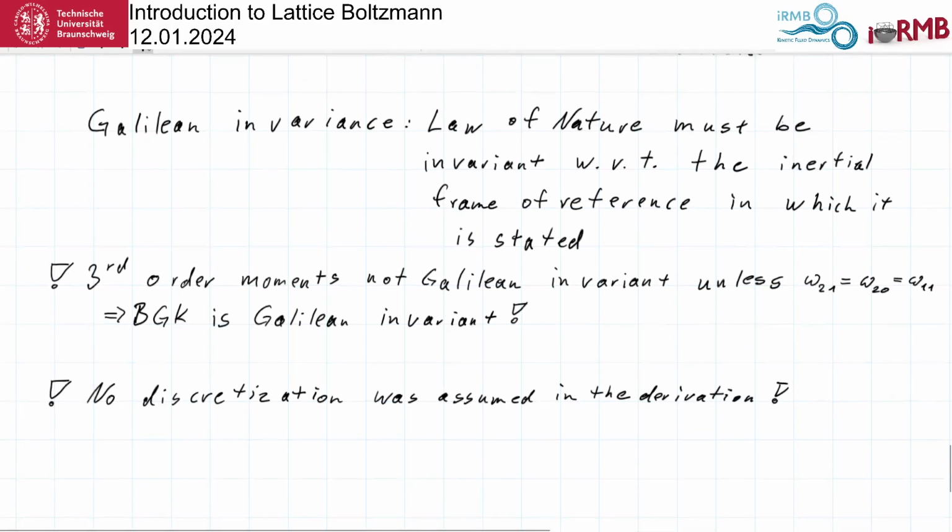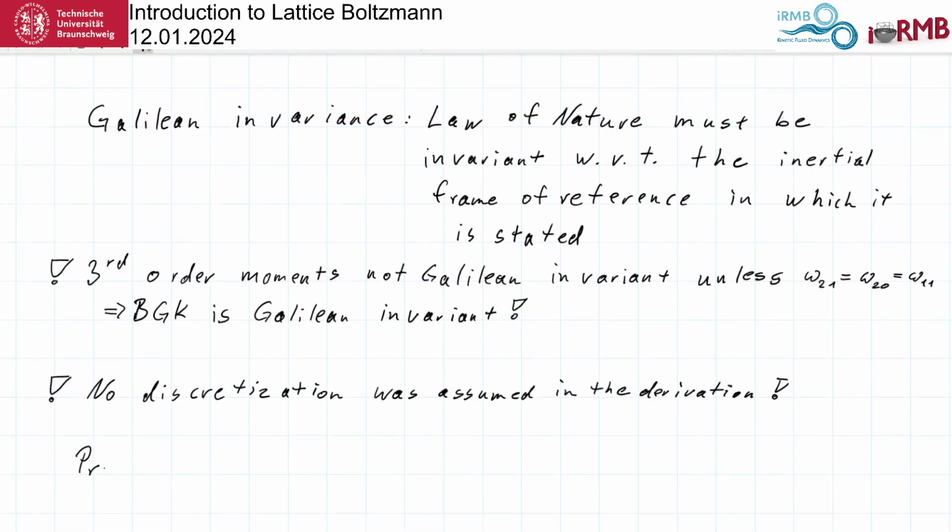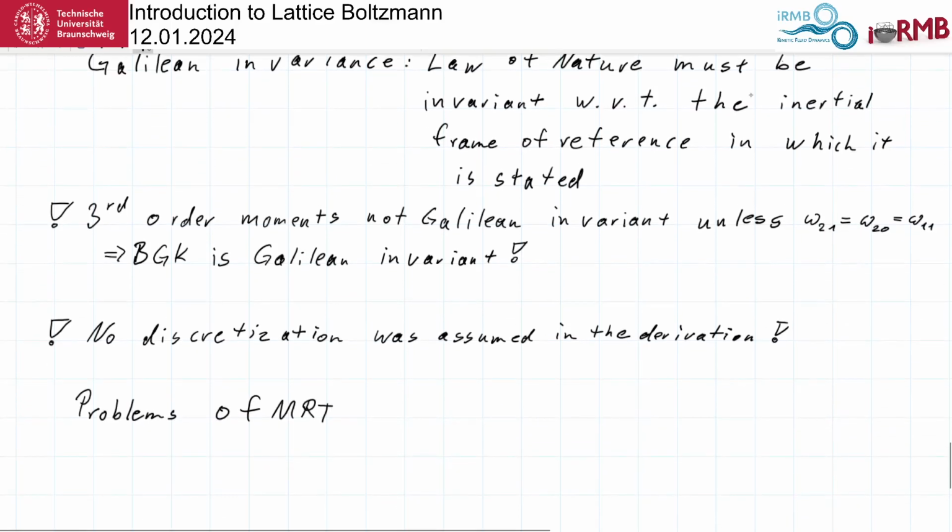Okay, so what are the problems of MRT? I mean, some of them. Okay, so the third order moment is a ghost moment, yeah? So this is why the advocates of MRT would say it doesn't matter if it's Galilean invariant or not, because it's a ghost moment, it does not appear in the Navier-Stokes equation, so we don't care, yeah? So, however,